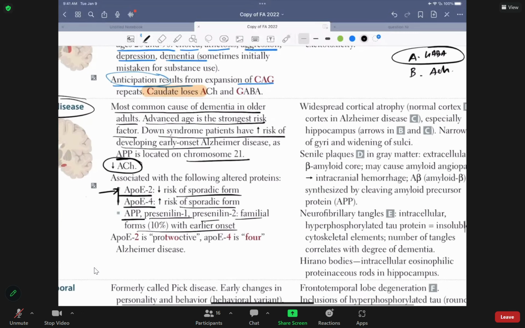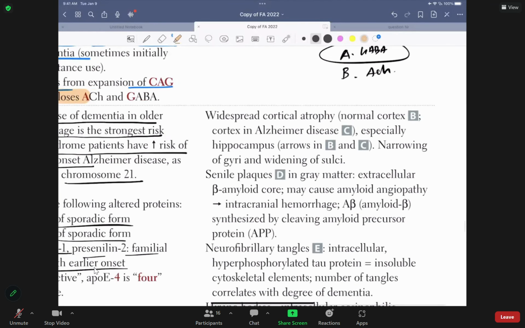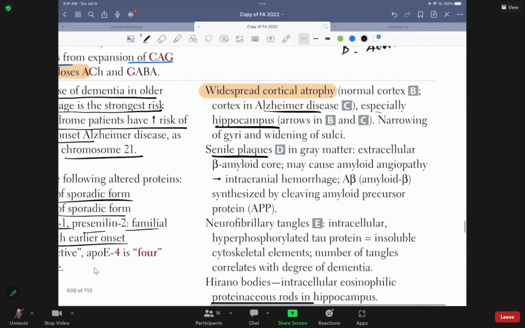Okay. Now, people have diffuse cortical atrophy. When you have diffuse cortical atrophy, can we see ex vacuo ventriculomegaly? We do see ex vacuo ventriculomegaly. Okay. What is ex vacuo ventriculomegaly? The tissue is atrophied, so that makes the ventricles look bigger. Okay. That's Alzheimer's disease. Now you also have atrophy of the hippocampus. Remember, the hippocampus is important for memory. There are some senile plaques that can cause amyloid angiopathy and stuff, and it can give intracranial hemorrhage.